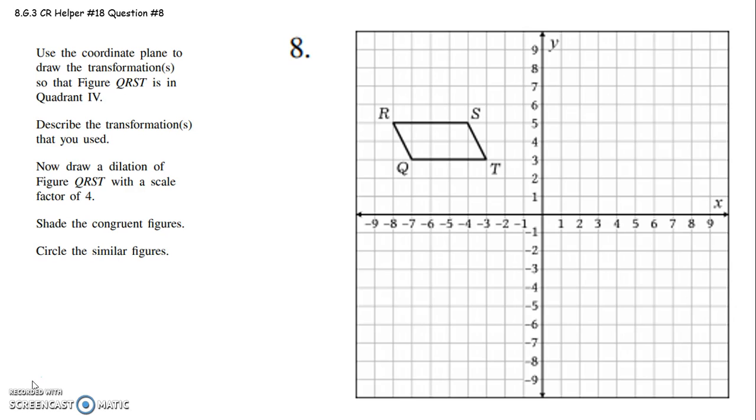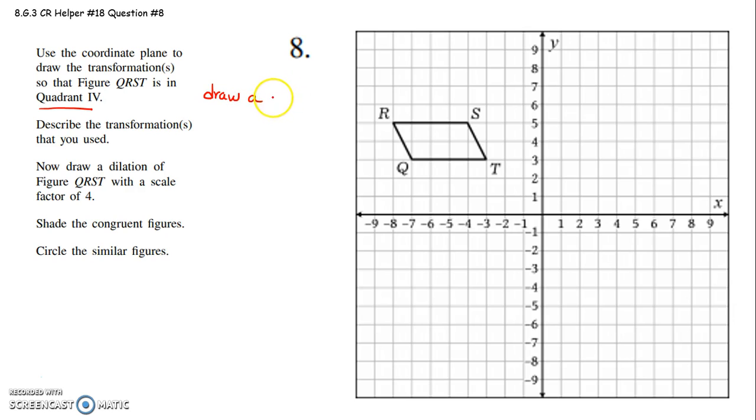Okay. So if I want this figure to end up in quadrant 4, down here, there's lots of things I could do. I could reflect over the x-axis, then reflect over the y-axis. I could take it, and that would be the same thing as doing a 180-degree rotation about the origin. So I think that for the first part, I will draw